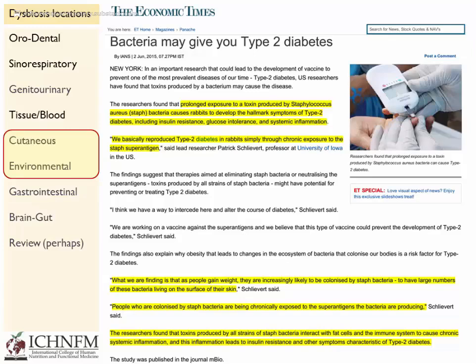Prolonged exposure to a toxin produced by Staphylococcus aureus bacteria causes rabbits to develop the hallmark symptoms of type 2 diabetes, including insulin resistance, glucose intolerance, and systemic inflammation. We basically reproduced type 2 diabetes in rabbits simply through chronic exposure to the Staphylococcus aureus superantigen. Moving down now to the lower part of the page, the authors state, what we are finding is